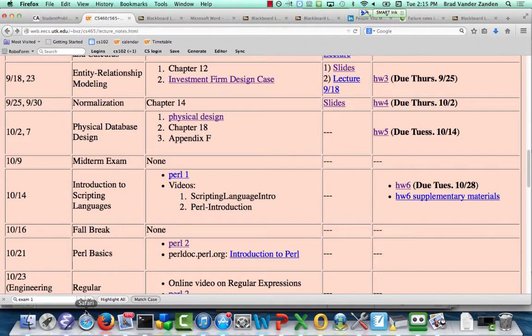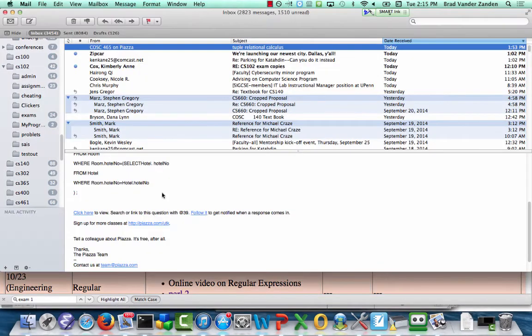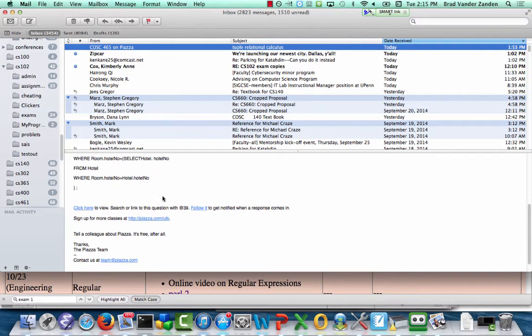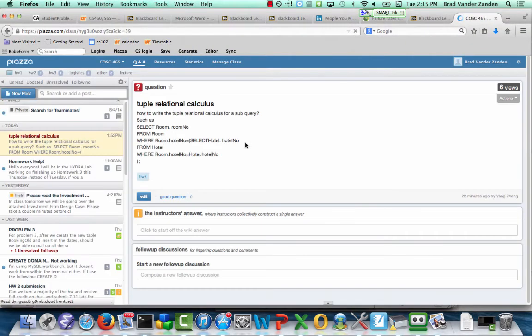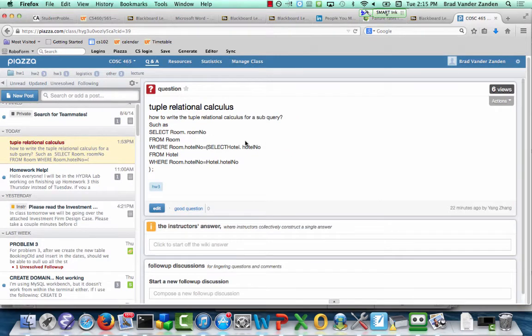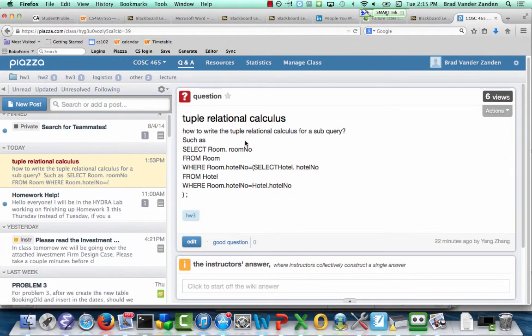Second thing, had a question about how you express subqueries in the tuple relational algebra. So it may not be readable. Let me go to the Piazza question. Okay, so here was the question. Can you read that in the back? Yes or no? Okay, so the question is, this is basically just selecting rooms that are at the,